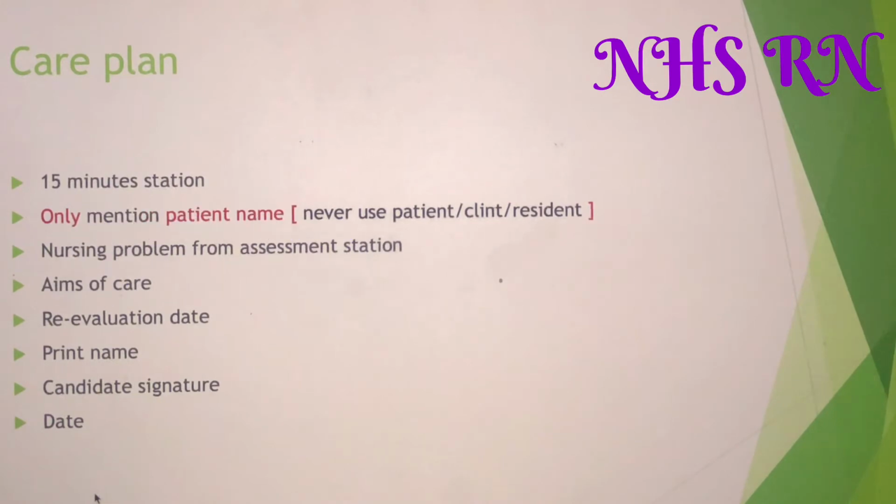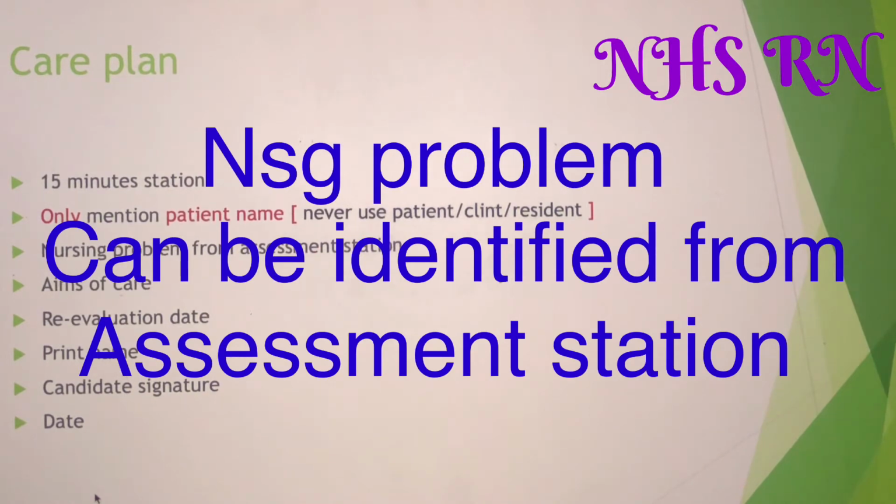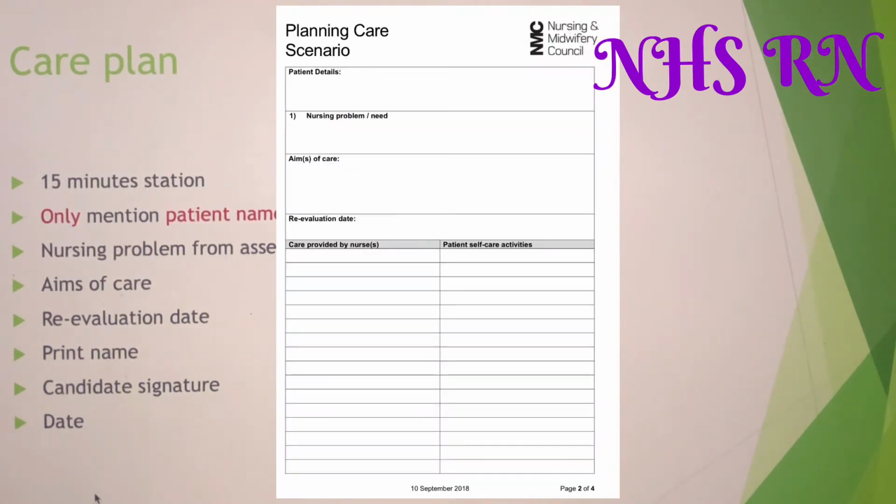Okay, the nursing problem from the assessment station. So if the patient came with asthma or breathing difficulty, use that from the assessment station. The nursing problems you need to get from the assessment station for your care plan. Okay, then aim of the care,